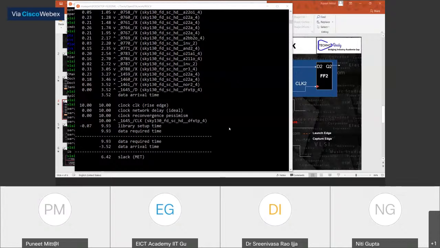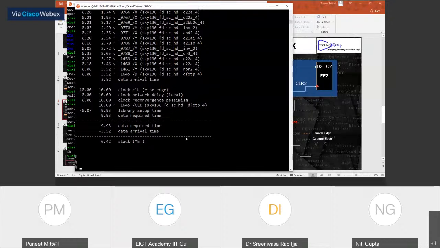Okay, so now let's take a couple more commands here. I just want to show you something which I was expecting you guys should do. Report checks minus path delay.